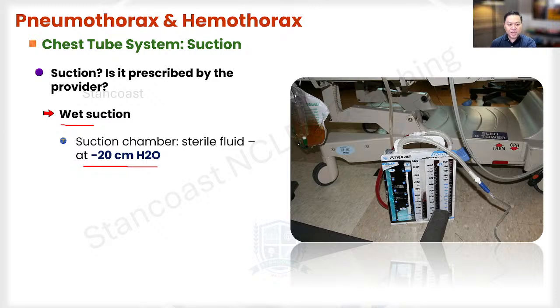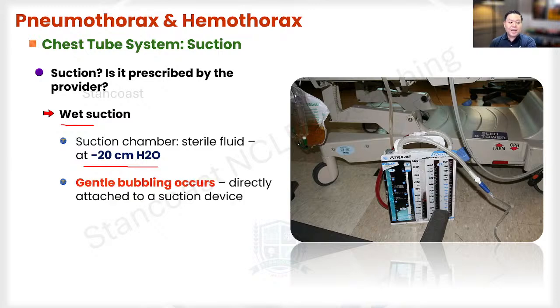Okay, make sure that you have that negative 20 centimeter level. And again, this is going to be sterile water, not normal saline. Well, why not normal saline? Because it can crystallize. All right. Now, what are you going to expect here in the wet suction? You will see some gentle bubbling. Okay, and this is expected. Nothing to worry about. We're talking about the